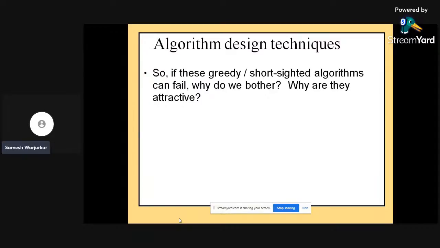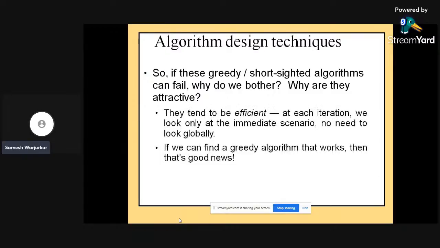Why are they attractive? They are attractive just because they tend to be very efficient. In each iteration we look only at the immediate scenario. No need to look globally. We are always selecting from the given input, always being optimistic. The number of coins should be minimum, but it gives you the maximum amount of profit. The same thing is true with the job sequencing problem,